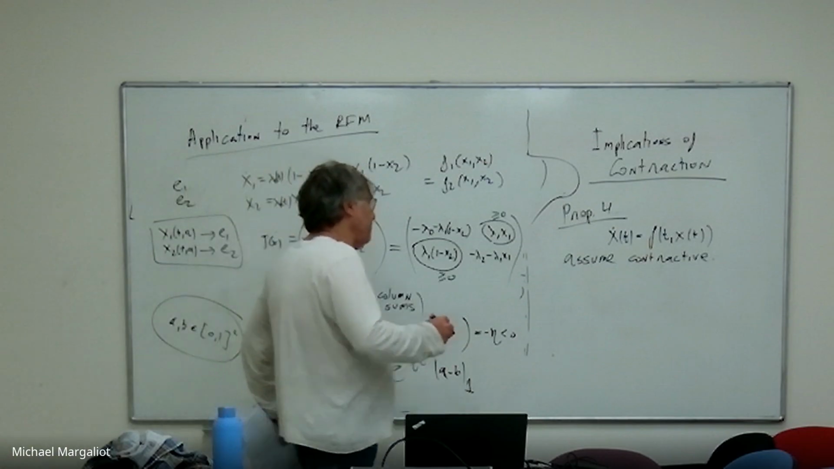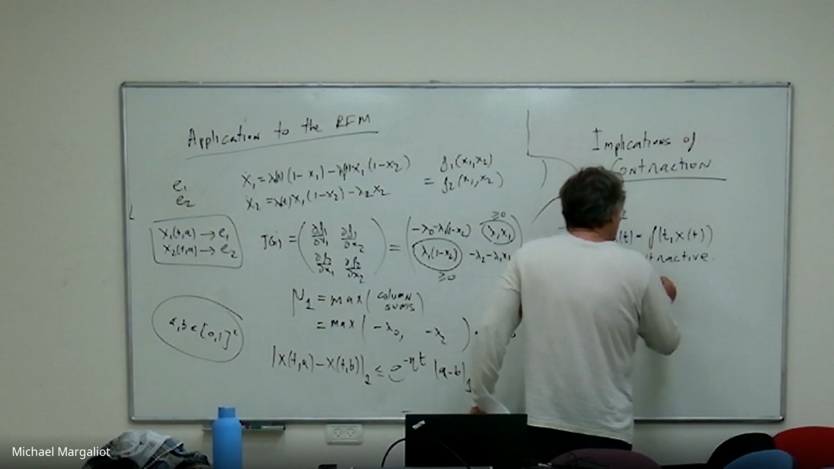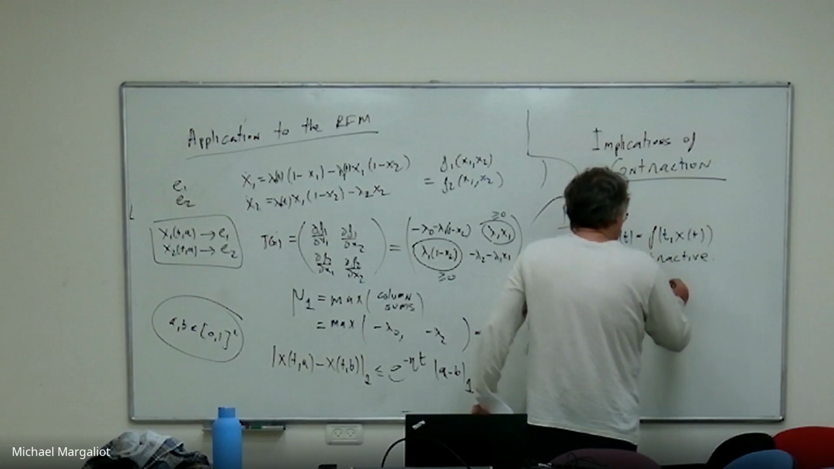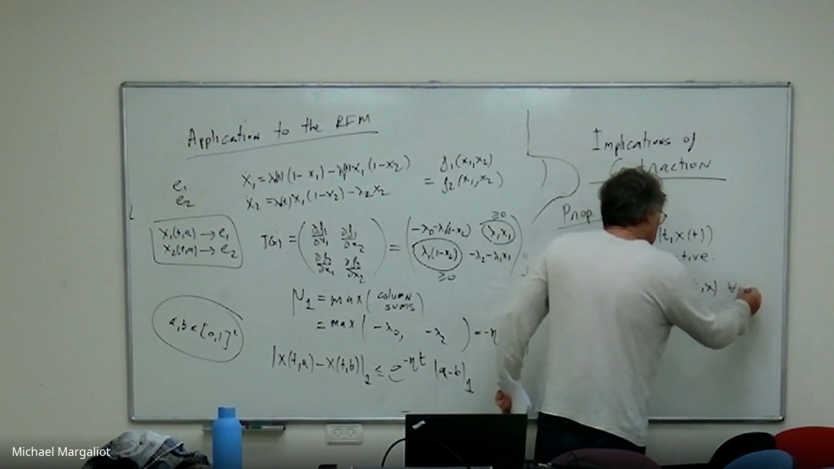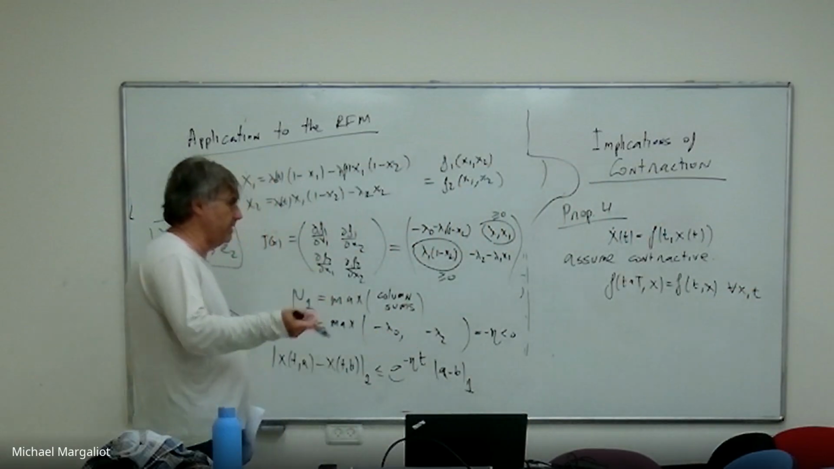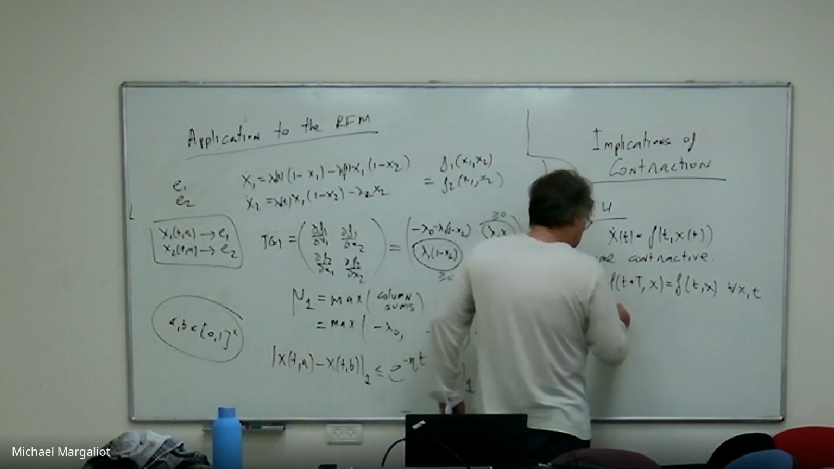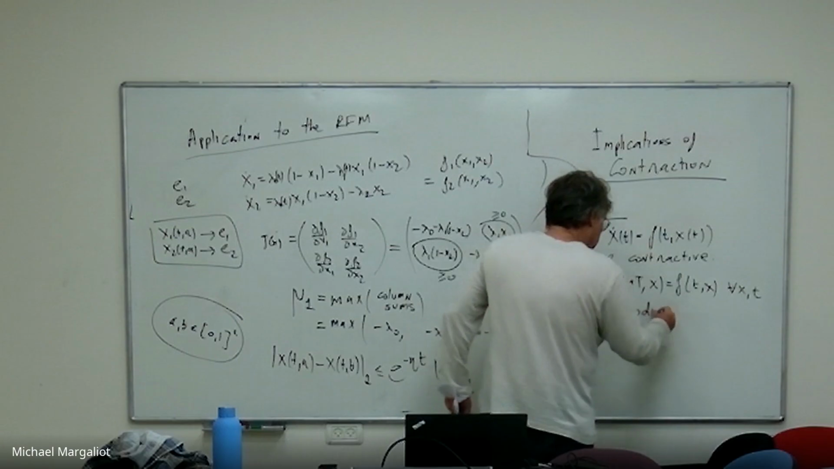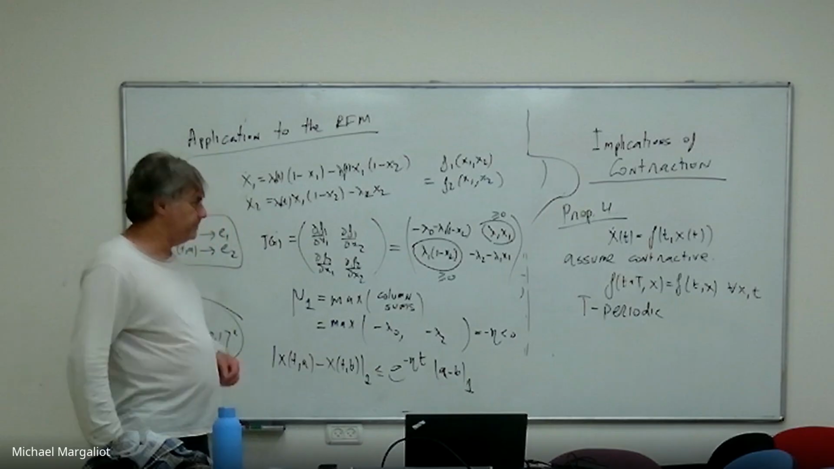So we assume contractive, and we also assume T-periodicity, which means that this holds for every x and t. If I add capital T, this is called a T-periodic vector field. Which means that if I add a capital T,